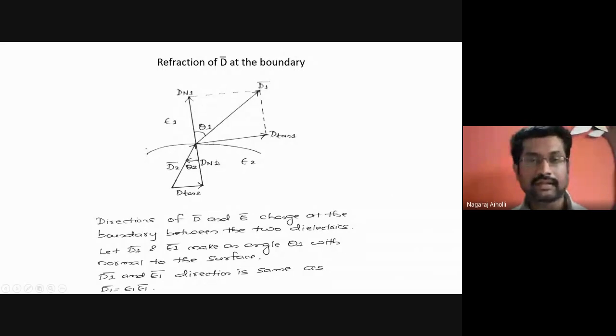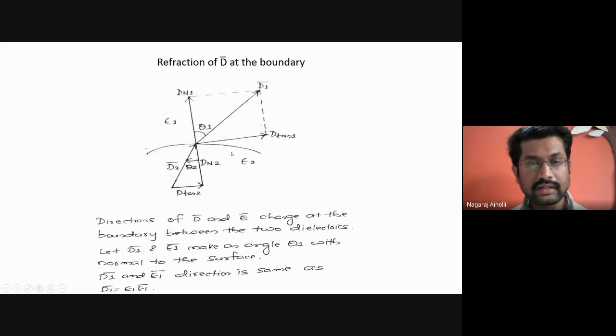Both are the same. dn1 and dn2 are the same. Only the refracted wave that is taking place, the refracted beam, will be different. Then D2 bar, which is the refracted ray, makes an angle theta2 with the normal dn2, and the other component here, d-tan2, is our horizontal component perpendicular to the normal component. This is the introduction to the refraction process.